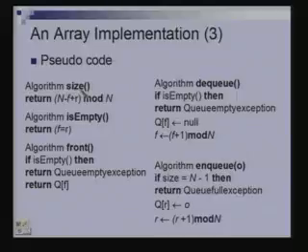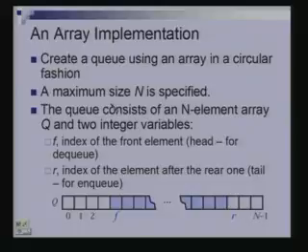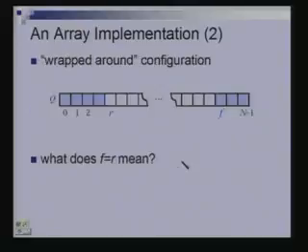Now, what does the method size do? It returns this value. Why this value? Why should I not have written just R minus F? When it is circular, R minus F is negative in this setting. But in this setting, R minus F tells me exactly the number of elements in the queue. So R minus F is the correct thing, except that it might be negative. So how many elements are here now in this queue? n minus R minus